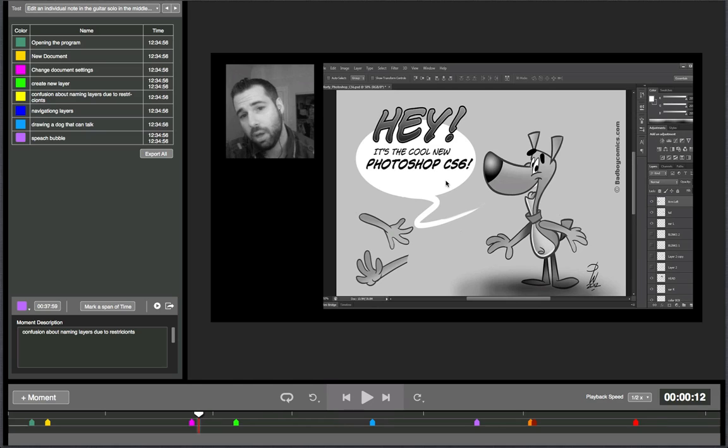Now, the cool thing about this interface is it's very simple, it's very focused, but the simplicity is there at the beginning, but there's additional functionality that the test creator can invoke if they want to create more advanced annotation. Now, by default, when they create a moment, they only create a moment marker in time to share an interesting moment. But here in the metadata section of the left pane is a mark a span of